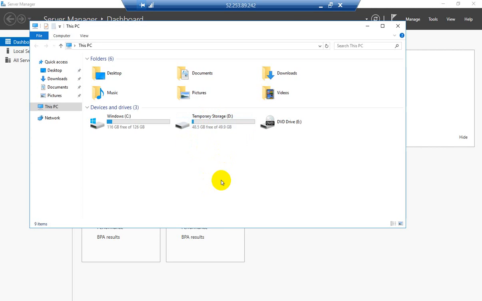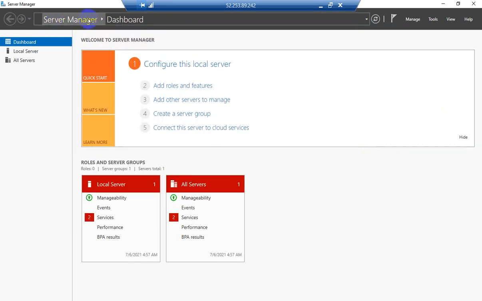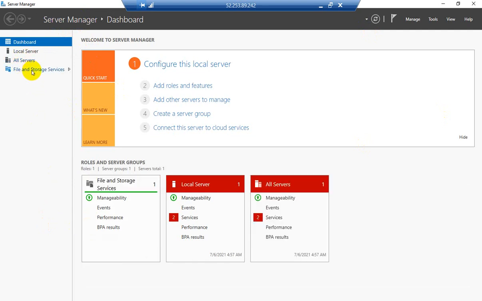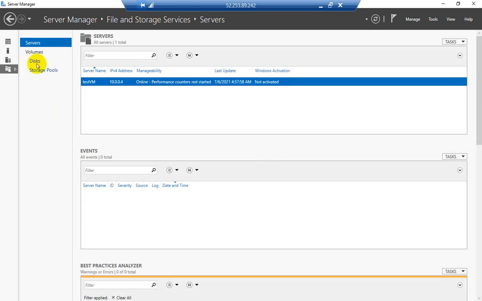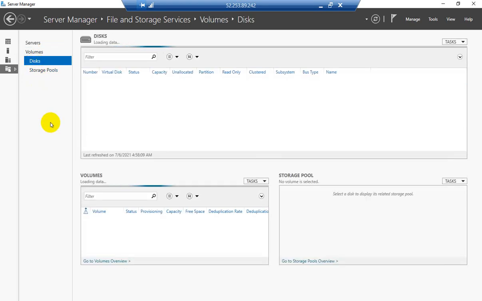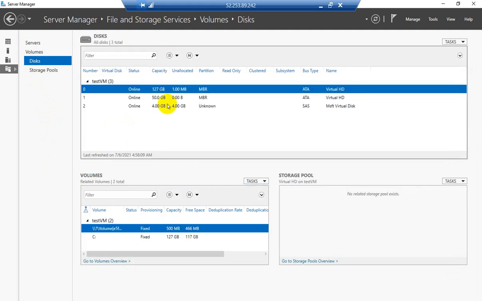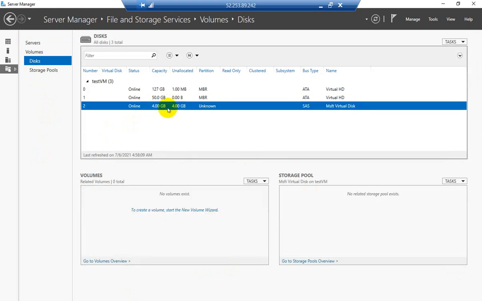How could we bring it here? Okay, so we have to do that. We have to go to the server manager, and now you can see files and storages. It will actually take some seconds to load that 4 GB one. Okay, so this is the C drive and the 4 GB one. You need to click the right button of the mouse,